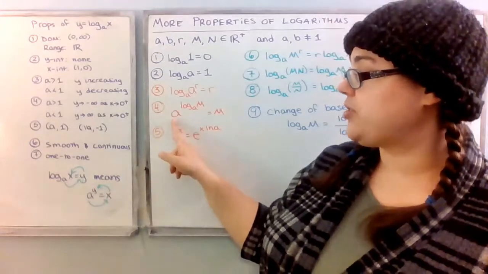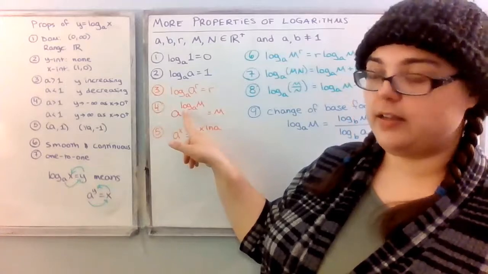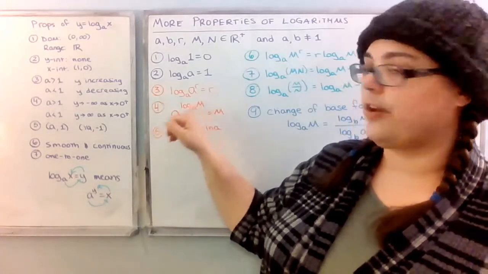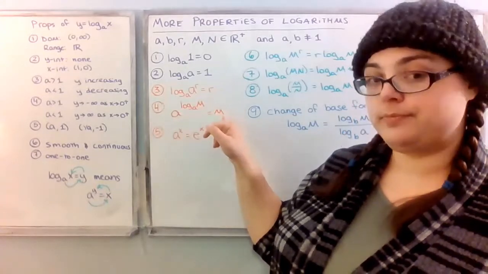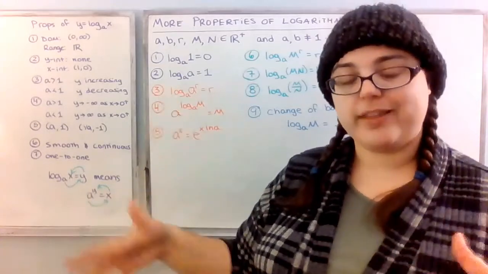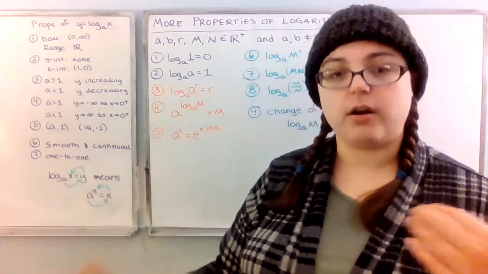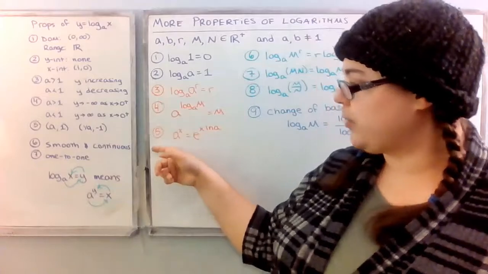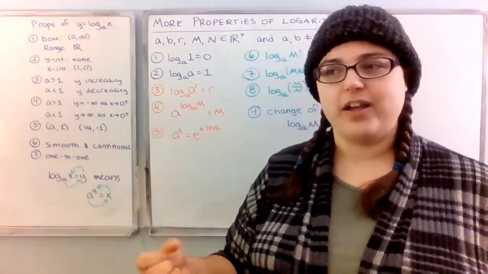We have an exponential base of a being raised to a logarithmic base of a. So the exponential base and the logarithmic base cancel each other out, and we're going to be left with just the argument of m. So numbers 3 and 4 are similar in that logarithmic and exponential expressions are inverses of each other. This next one, we're going to see when we go to solve an equation and we have